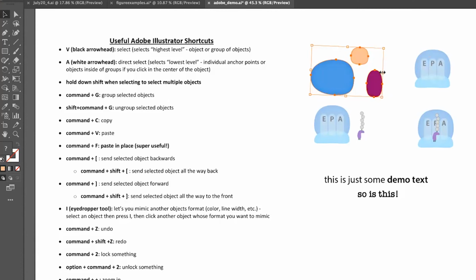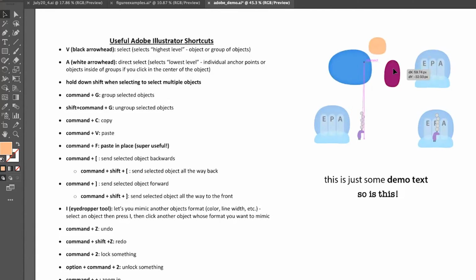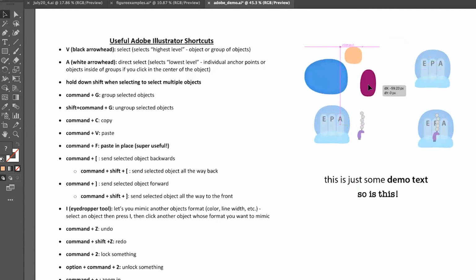And say I want to group them together so that I can move them as one independent unit. Now what I can do is I can press Command G. This is going to make these a group. So if I use my direct select tool, I'm selecting the whole group. If I want to ungroup them, I just do Shift Command G. Now they're ungrouped and I can move them